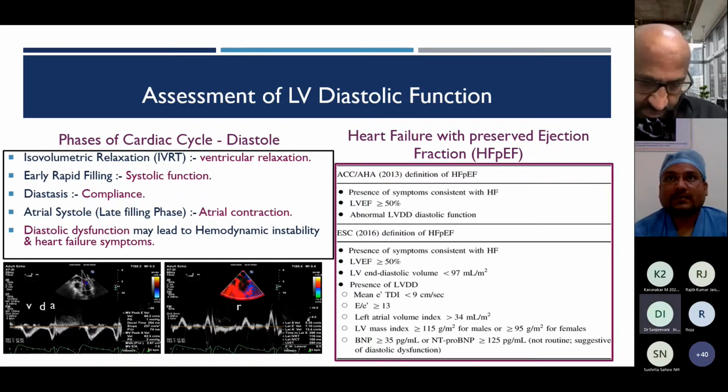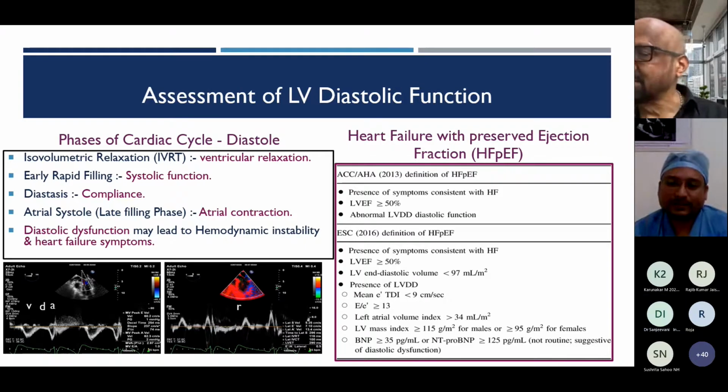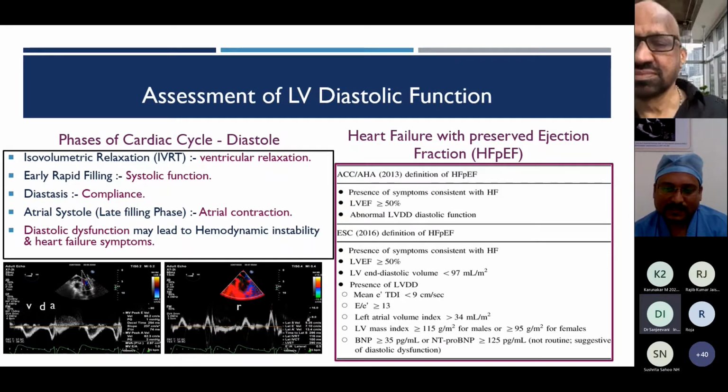Can I add something, Dr. Muralidhar? Yeah, you can. You can go ahead with TR jet velocity also, I think. See, Abhijit, in mitral valve replacement, the LA doesn't come to normal immediately. It may take months, not 1 year, to come to normal, and sometimes it doesn't come. One has to do LA volume reduction surgery sometimes if it is huge. So that is not a good parameter. IVRT, as I told you, is a very good parameter for all these mitral valves.